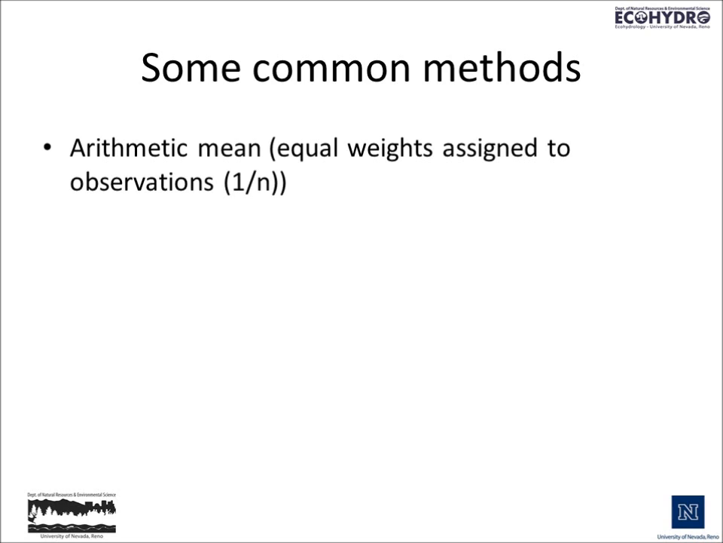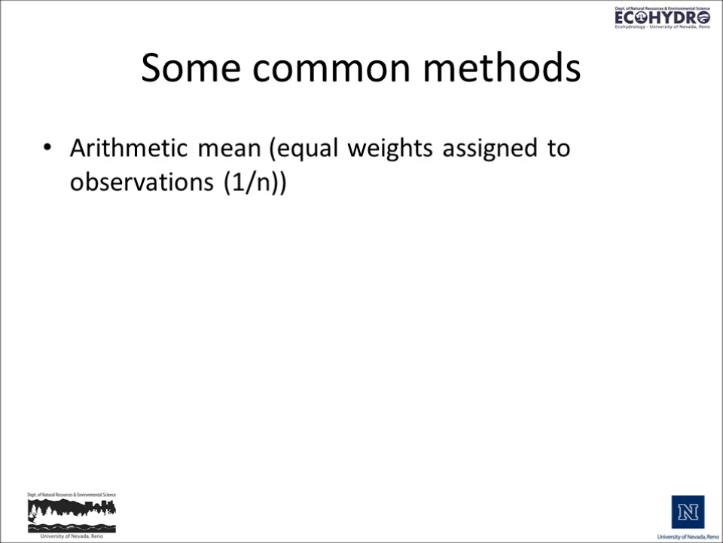Some common methods for developing averages include the arithmetic mean. Here there are equal weights assigned to the observations. The way we develop an arithmetic mean is by summing all of our observations and then dividing by the number of observations. And so our weighting factor then is 1 over the number of observations, in this case represented as 1 over n. So what that means then is that if we have 7 observations,